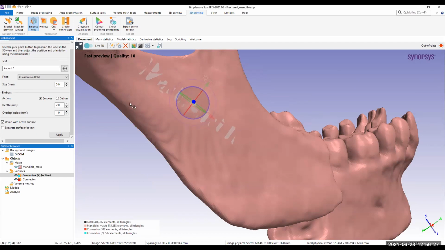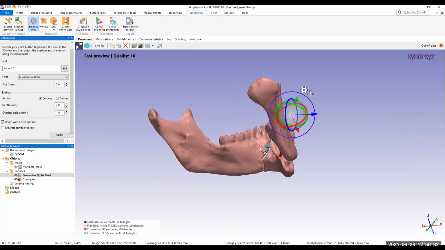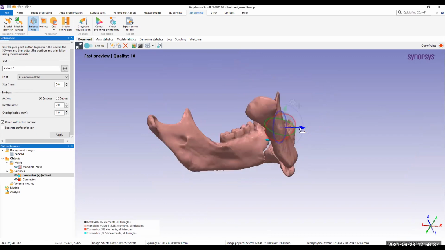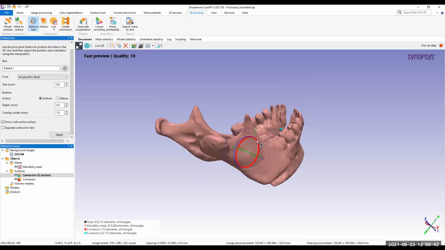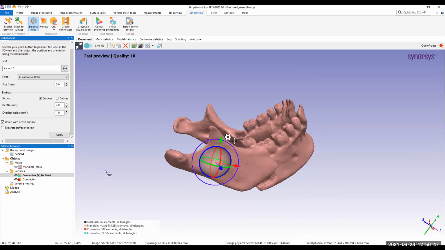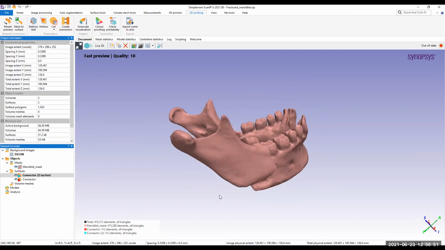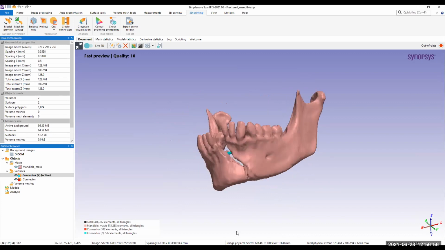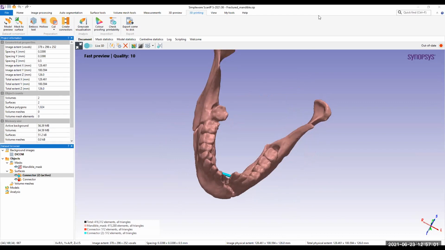So this is the embossing tool that we can use. It should be completely on the surface before generating. This is another tool that we have. So now I can directly export. This is the complete project that I prepared for showing during this session today. And let me go back to the presentation.